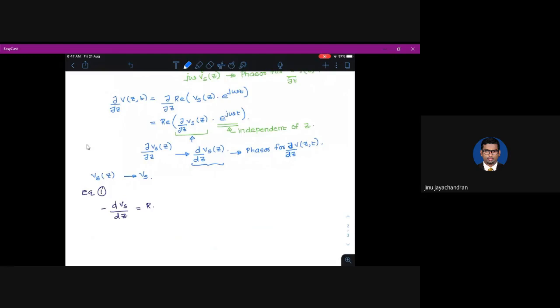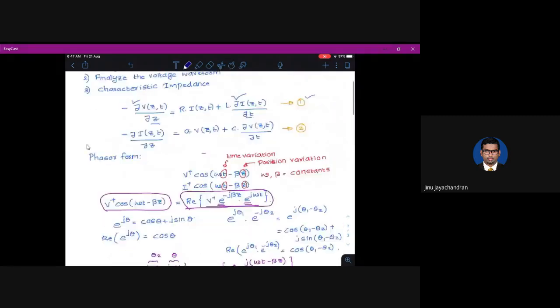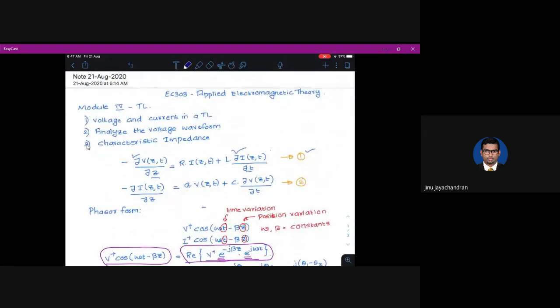So I can write R into I of z comma t, which we can write as Is. So this will become R into Is plus. Now, if you look at the equation, you see there is L into ∂I of